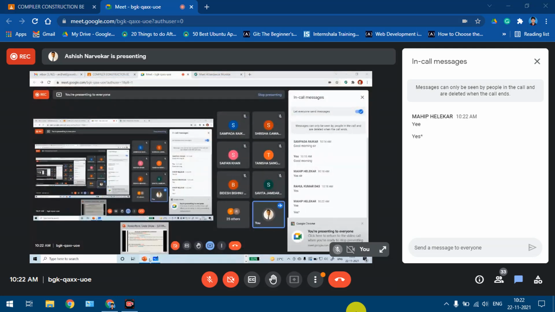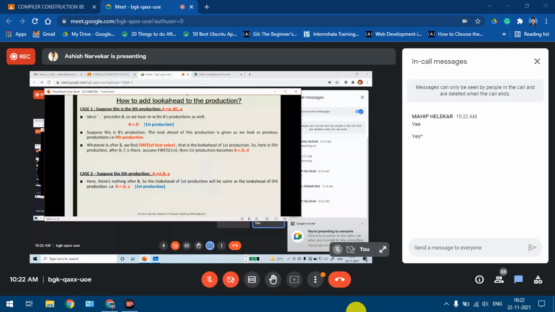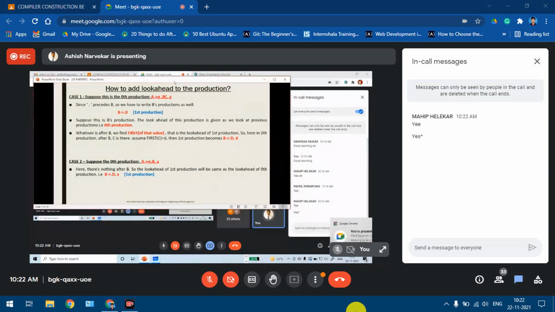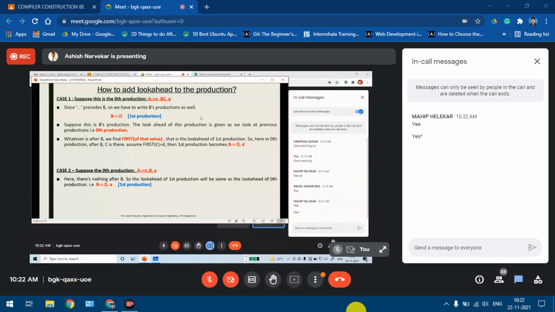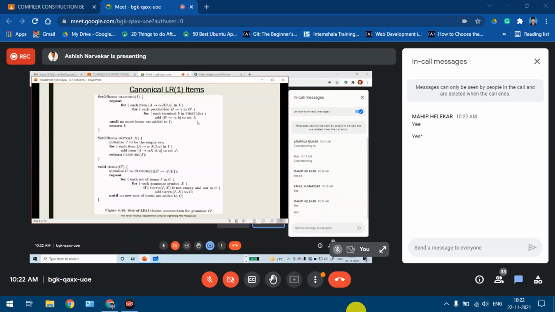So we are here right now. All this part I've already done. We already did this and we've understood, right? For two grammars, we already did this, that is how do we add a look ahead to the production and so on. Okay. So next, this was also done. This is the algorithm that I had mentioned with regards to the theory question.